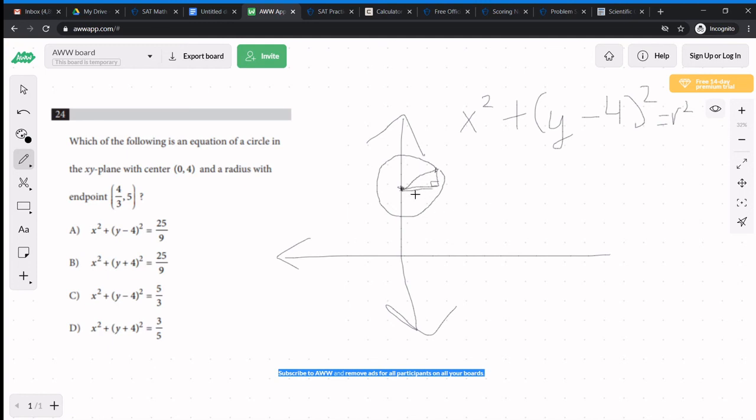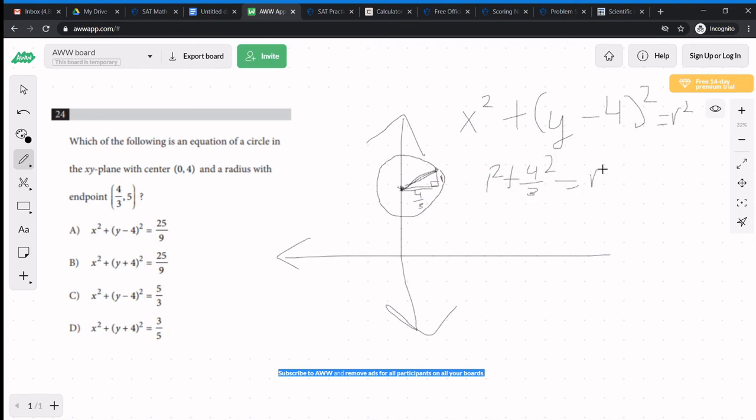So we know that this length is 4/3, and we know that it goes from 4 to 5, right? It goes from 0 to 4/3 for the x, so the length is 4/3. It goes from 4 to 5 for the y, so it's just 1. And so we know that this hypotenuse right now is going to be 1 squared plus 4/3 squared